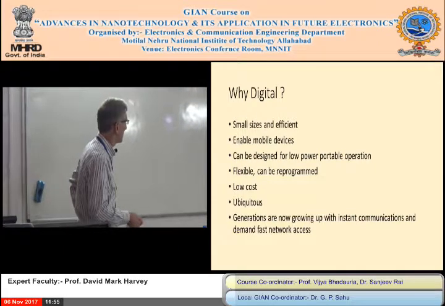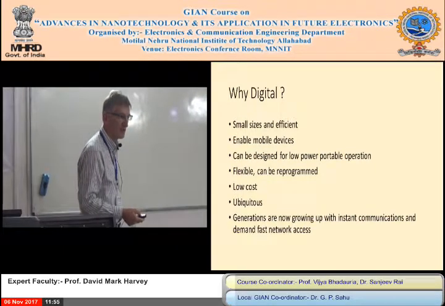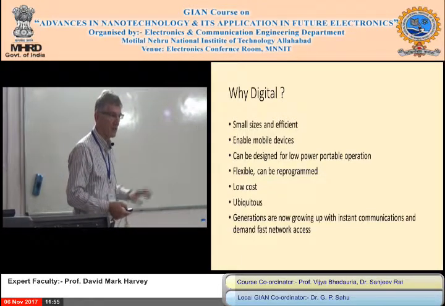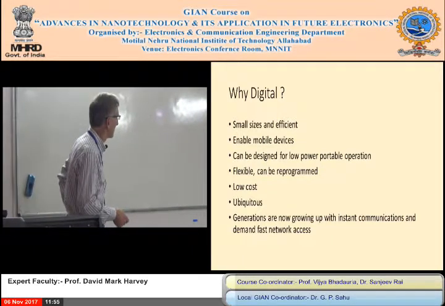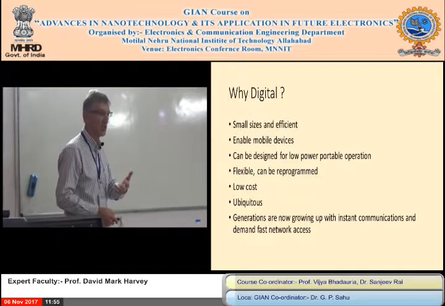So you can design for low power, for portable operation, but you can also design for speed. Like in a PC, maybe you're not so bothered. You just plug it into the main power supply, you can maybe go a bit higher power. But low power we need, because if you get too high a power, as we'll see later, you get too much heat generated, which will kill devices.